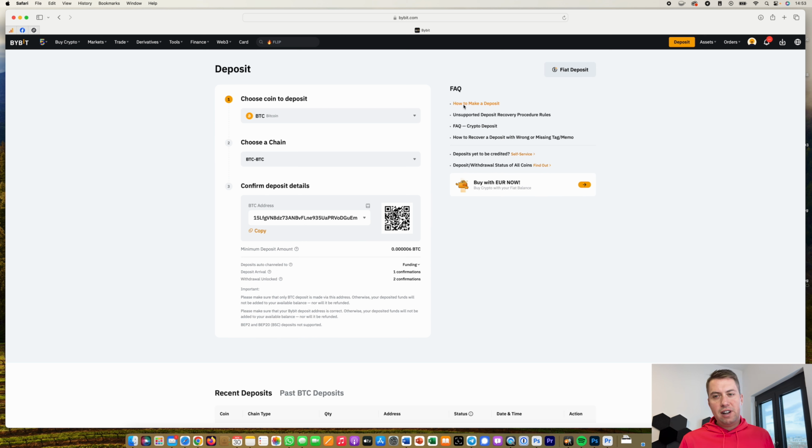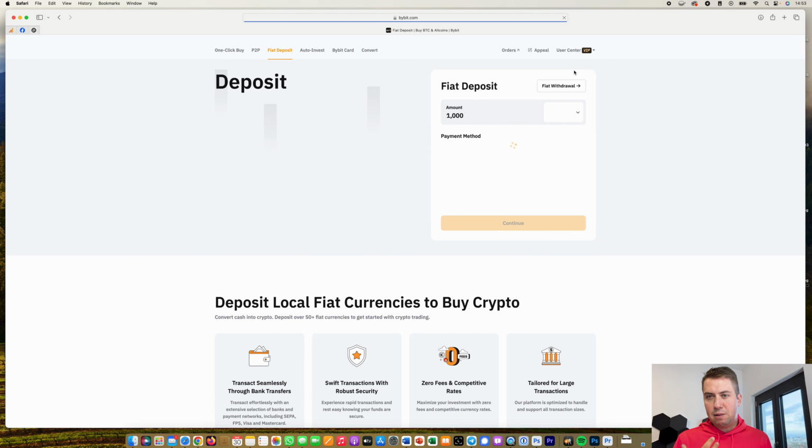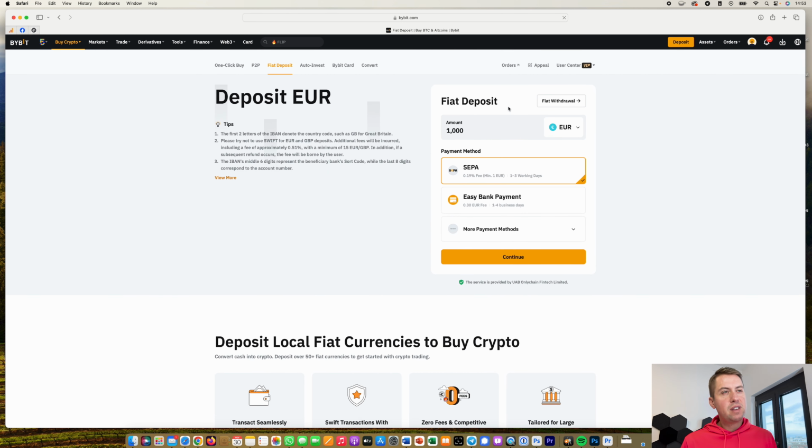And if you don't have cryptocurrencies yet, you can also deposit regular currencies like Euro, for example. I'm in Germany right now, so I would deposit euros, and there you just select the amount. It can be anything between 10 and 20,000 euros, so 1,000 euros, for example. And then the easiest way to do it would be a bank transfer via SEPA, and there you just select that, and then you click continue, and then they show you an account number where you can wire the money